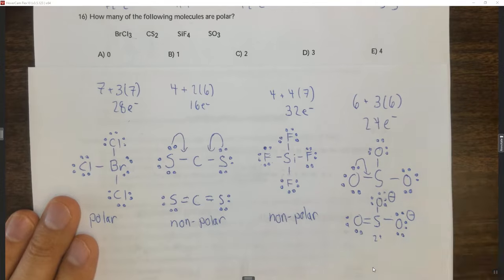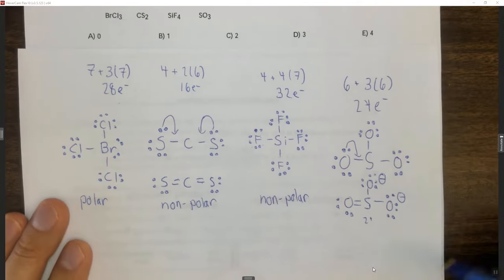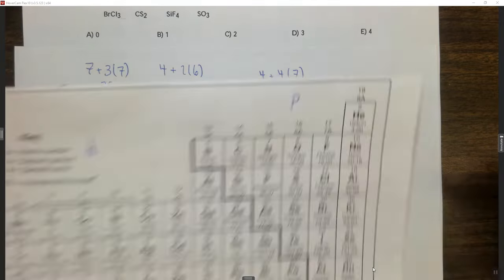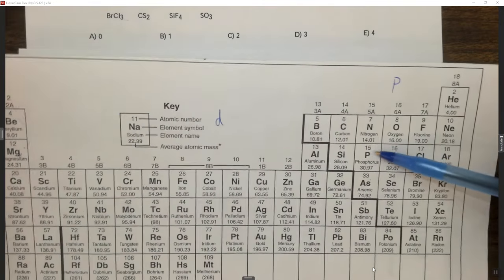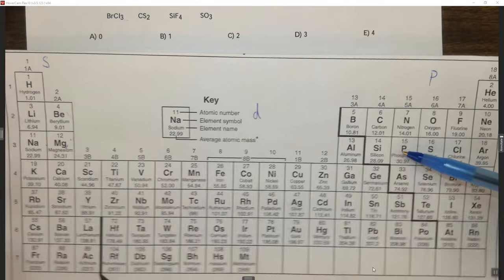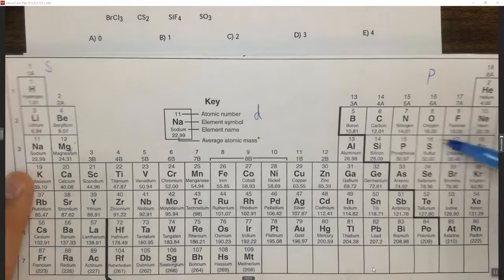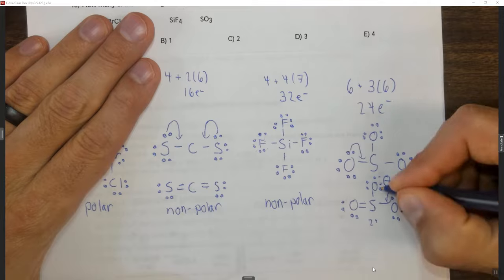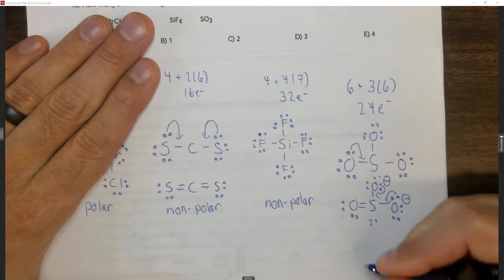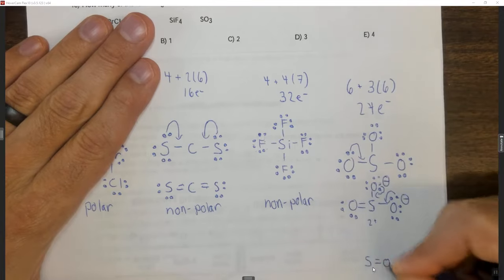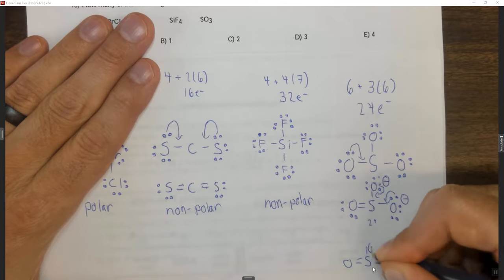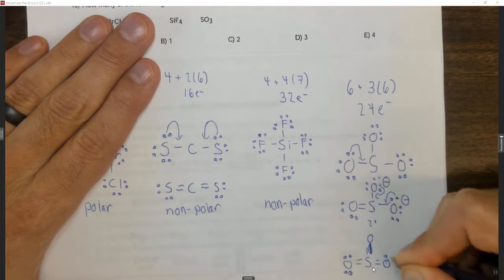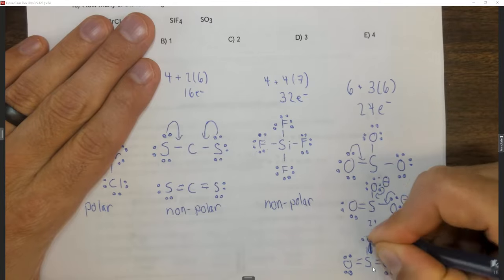Remember that the last rule is not to just calculate the formal charges, it's to minimize the formal charges. And this has an awful lot of formal charges. So what I want to do is, I want to see where sulfur is on my periodic table. And sulfur is in period 3, which means it can expand its octet. So if I move these 2 electrons and those 2 electrons into more double bonds, I get sulfur double bonded to all 3 oxygens. And what this does is it puts 2 more